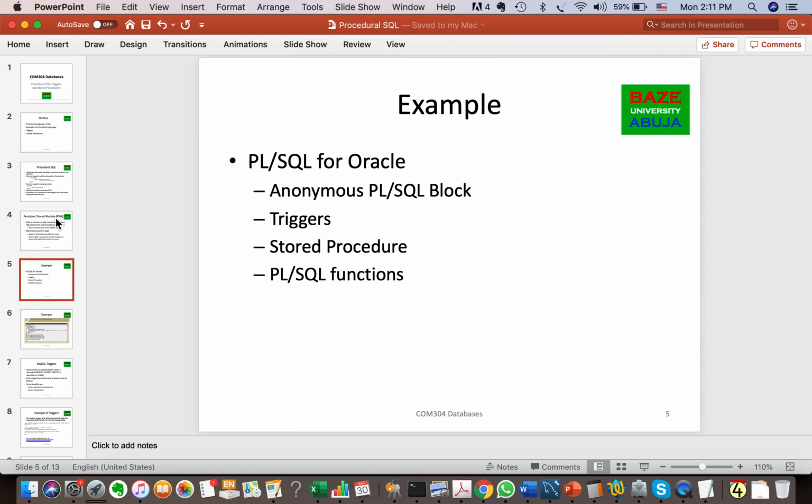So moving on, the examples of different procedural language components that we have, for Oracle, they have something called PLSQL, okay? And there's the anonymous PLSQL block, which we discussed in detail in class, and only Oracle supports the anonymous PLSQL block. Then we have triggers, stored procedures, and PLSQL functions, which are supported in the other RDBMSs like MySQL and also